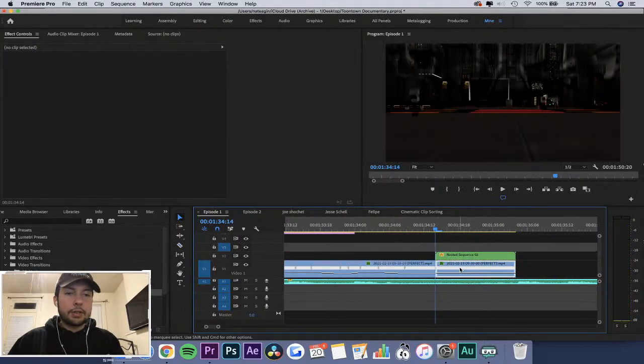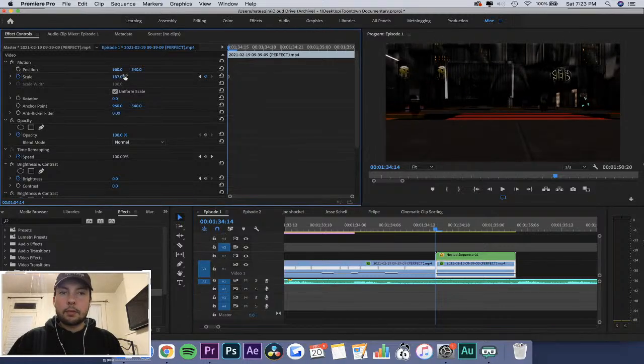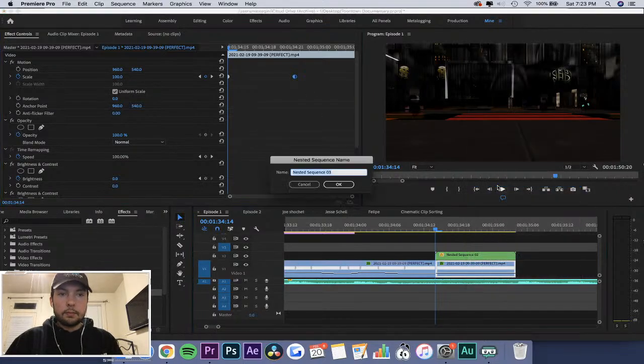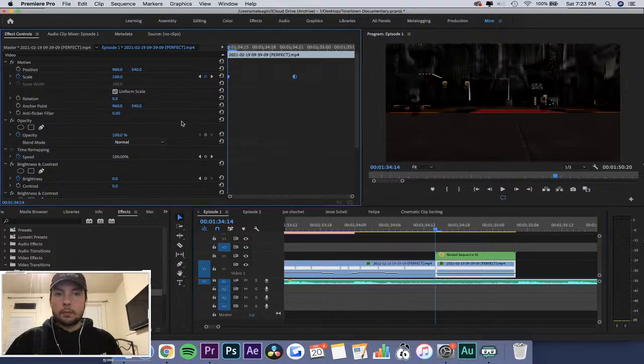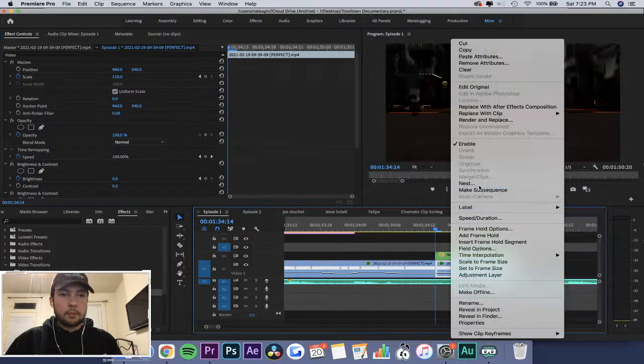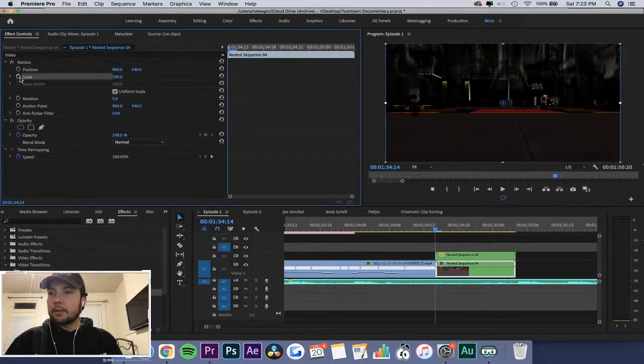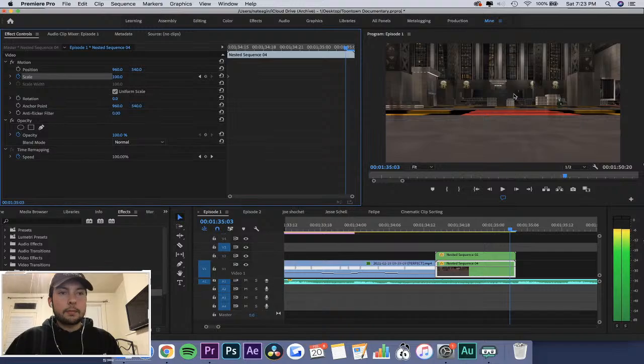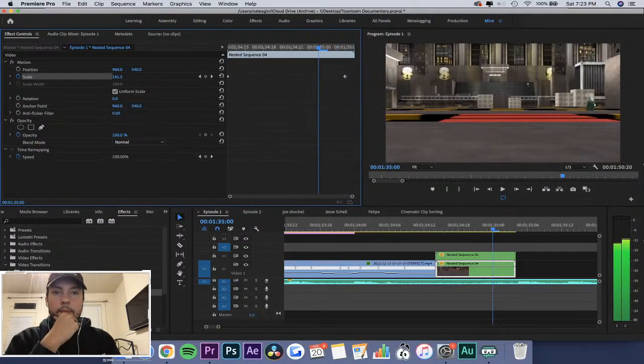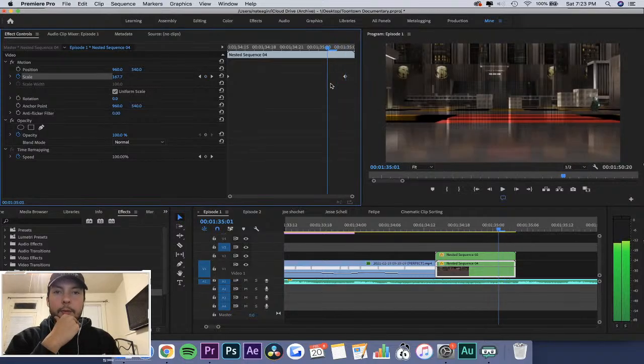I might have to actually just cut that, do it myself. Nesting seems to solve every problem. I don't know why, but see, now it works.